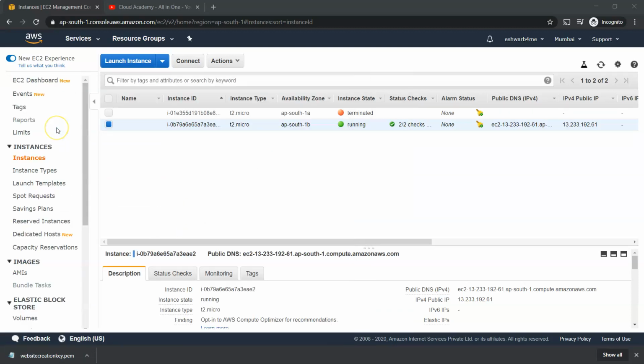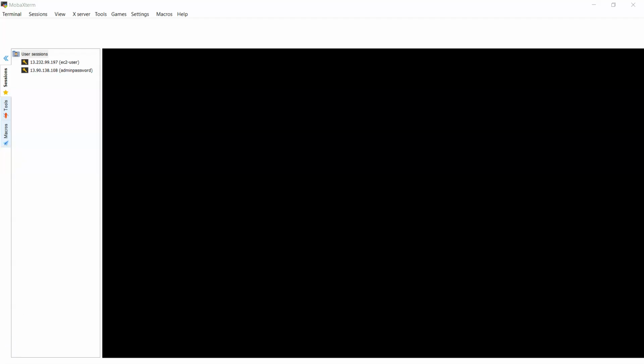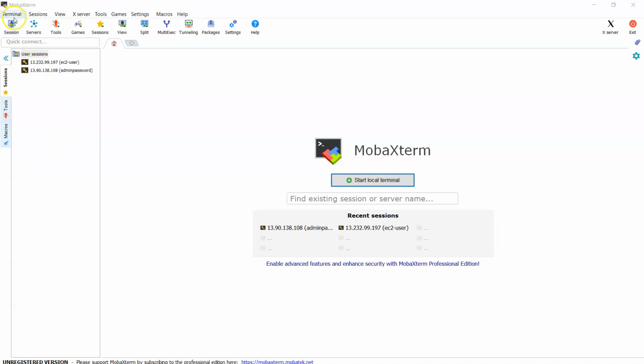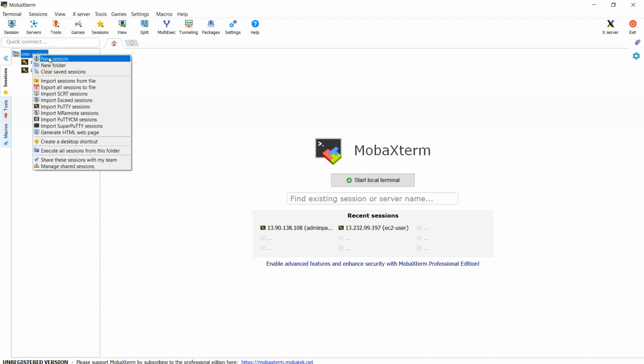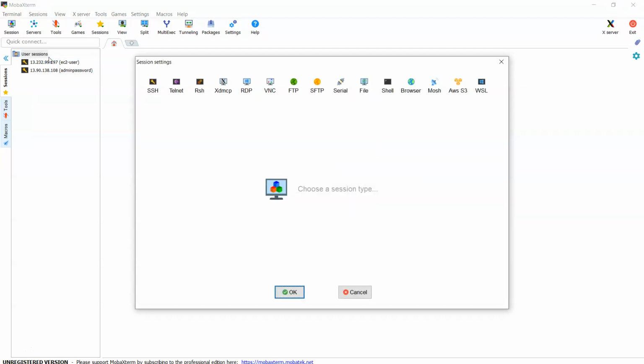I am somehow a bit more flexible with MobaXterm, that's why I usually use this. So you can see here, this is the one. You get a terminal and you can add multiple machines here by simply clicking on new session. In case you are running 20-30 different machines, all those machines you can connect using these user sessions. That's why it is easy to organize, and easy to install software on your various operating systems set up on AWS or Azure, especially for Linux machines.